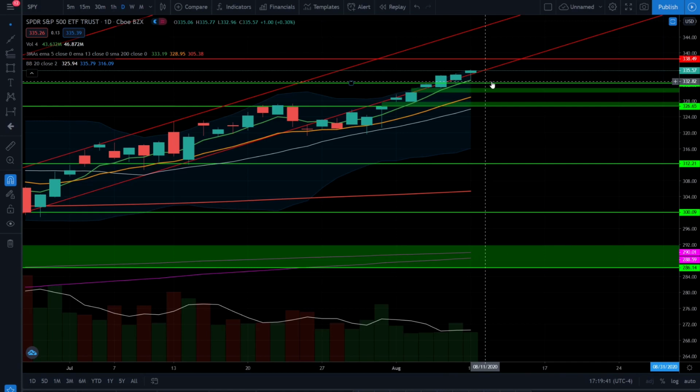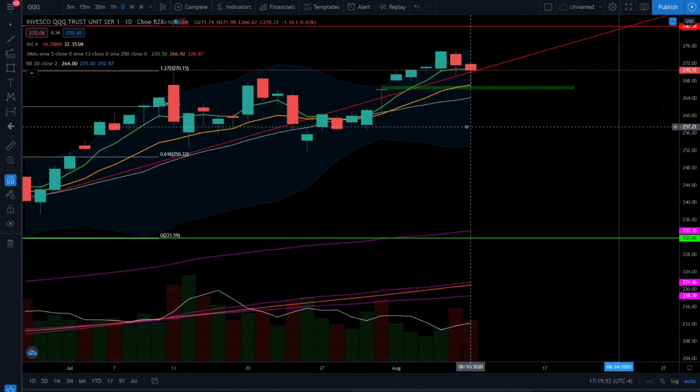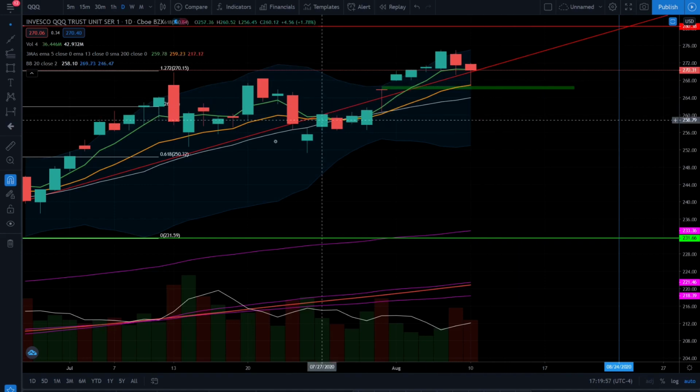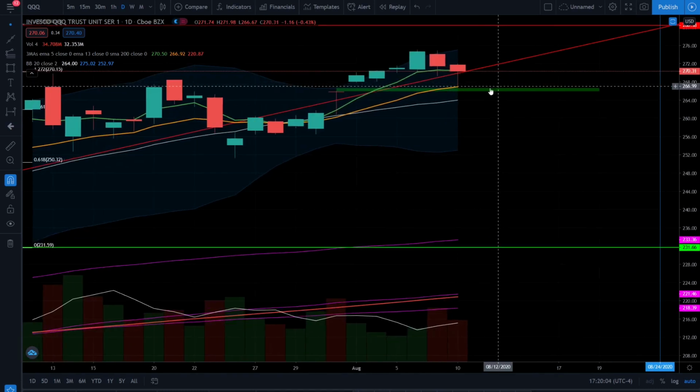Now if we jump over to the Nasdaq 100, we see the Nasdaq 100 had another red day, which is no surprise because the Nasdaq's been leading the way on this run and it's taking some time to cool off. Now today we did have a push down to the 13 EMA,